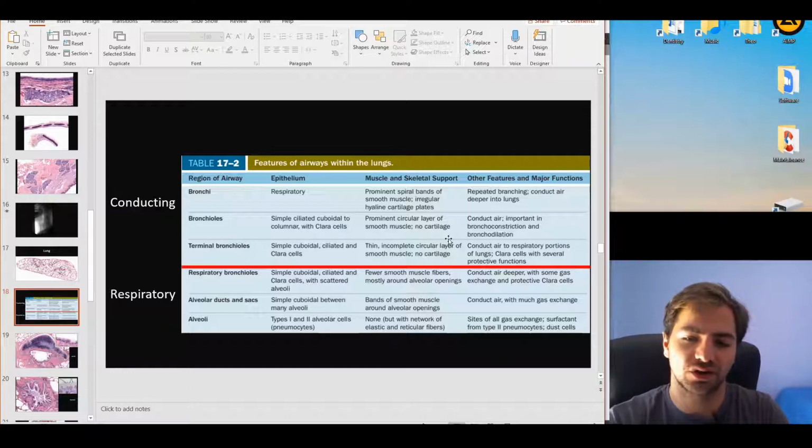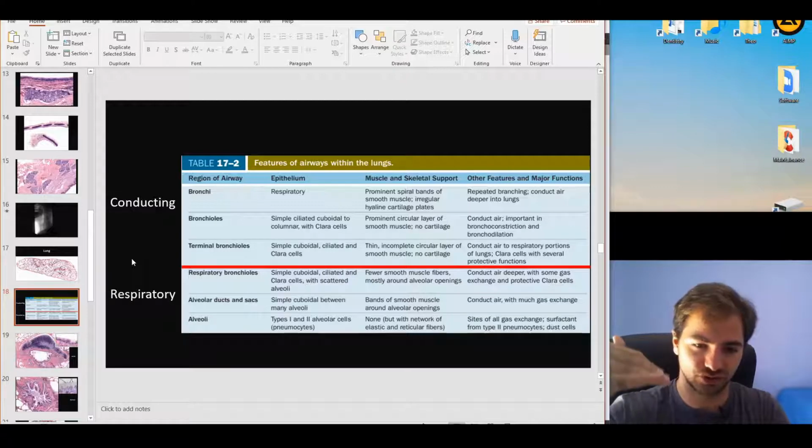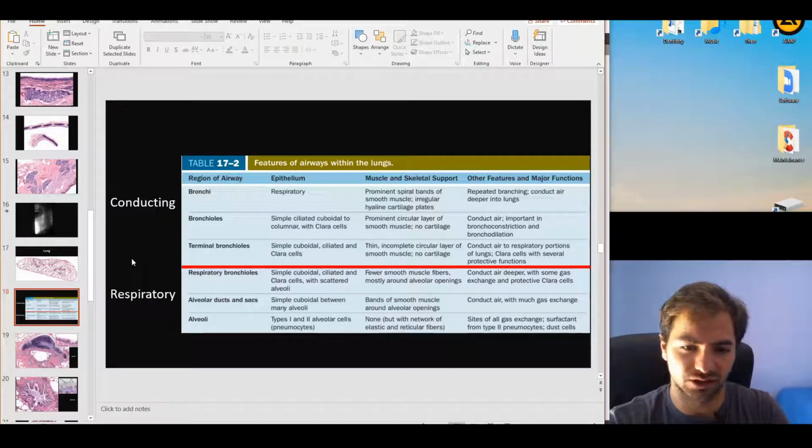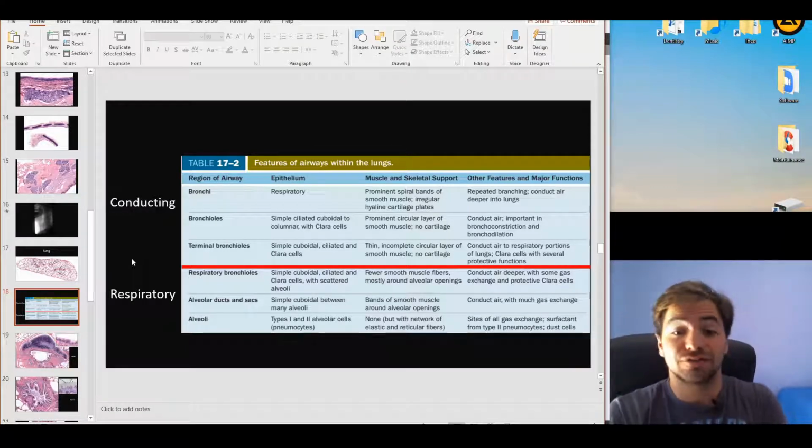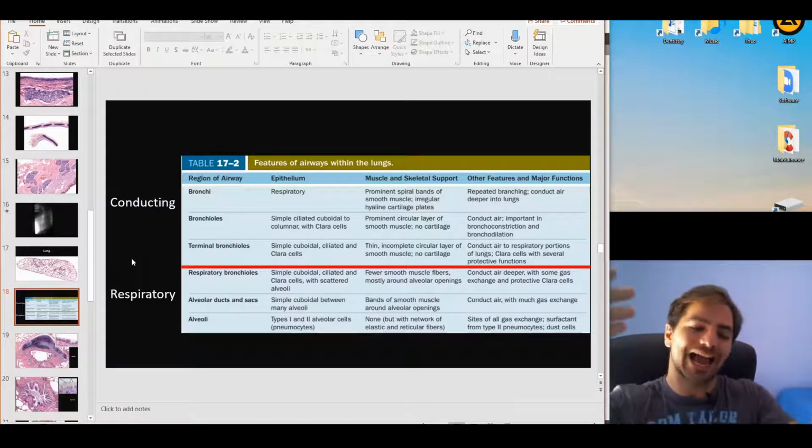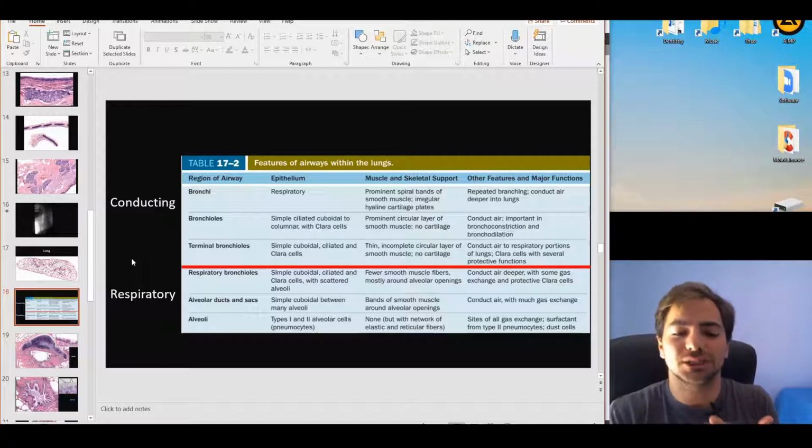We finish with the conducting portion in the terminal bronchioles. And of course, it's very, very easy to remember exactly where we finish. And this is why I put the red line here, exactly here, to denote the ending and the beginning of the two different portions. And the first and easiest way to remember the ending point is that exactly after terminal bronchioles, we have the respiratory bronchioles. And of course, as the name suggests, and I told you already, the function of respiration